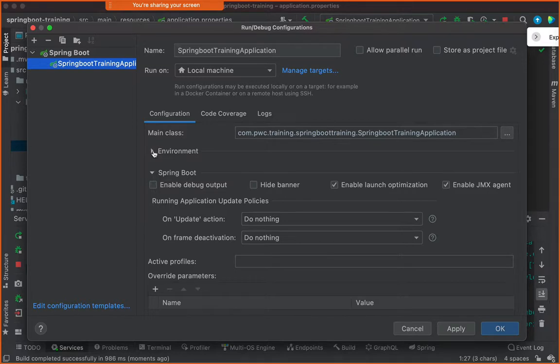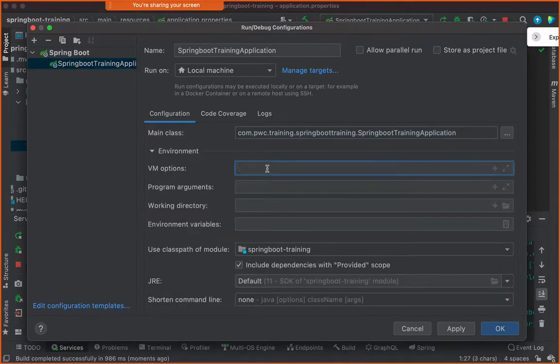So there you can see this here, VM arguments. I'll give here -D, and I'll say spring.profiles.active is equal to QA, suppose on the QA server, and on the prod server the script will have the value as prod, and on the dev server the script will have the value as dev. That's it.